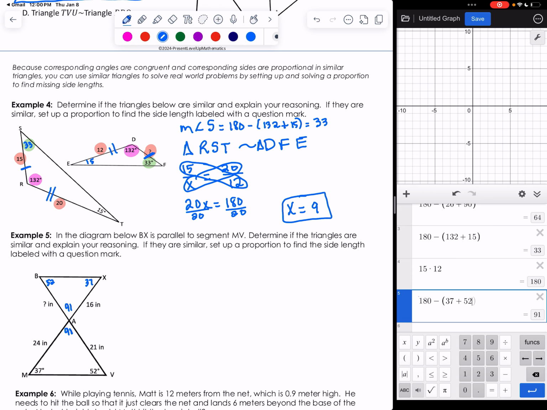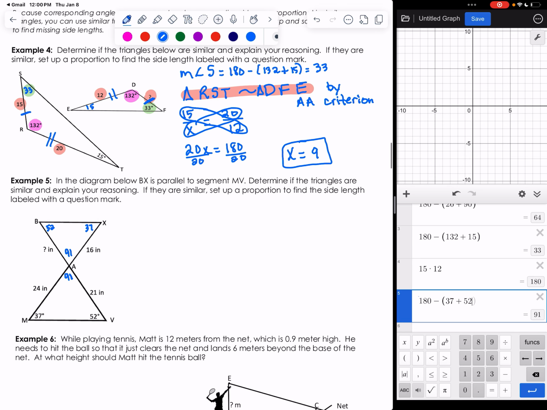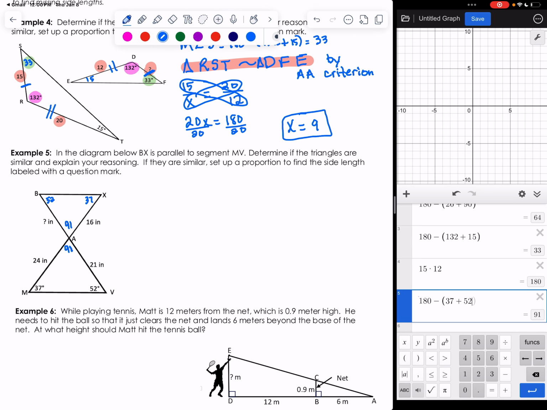So let me go back up here to this statement right here. Triangle RST is similar to triangle DFE. Our reasoning is by the Angle Angle Criterion. That's how we can prove that they are similar. Okay, so in this figure here, we can